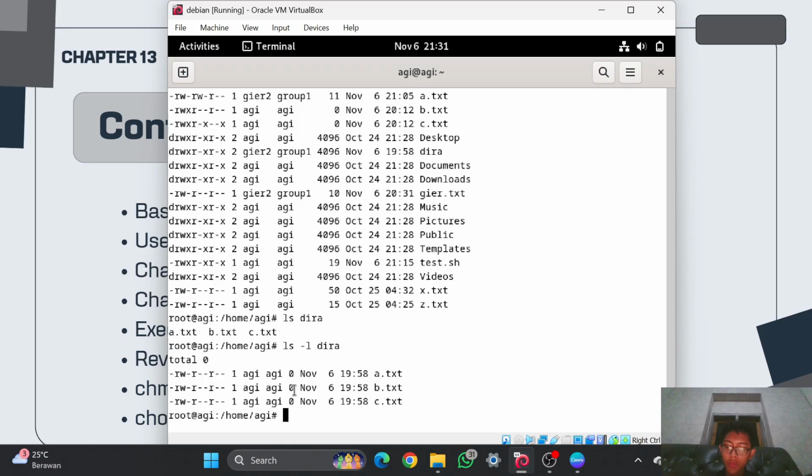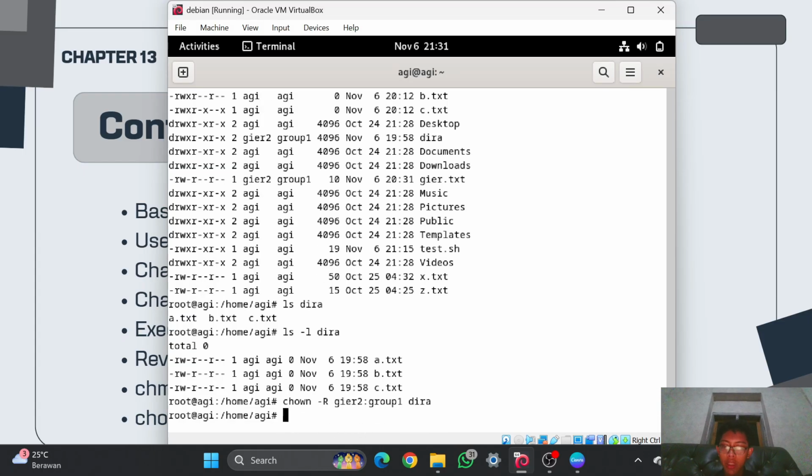So to also change the ownership of the files inside dir.a, you can use -R, like this: chown -R gr2 group1 dir.a and enter.